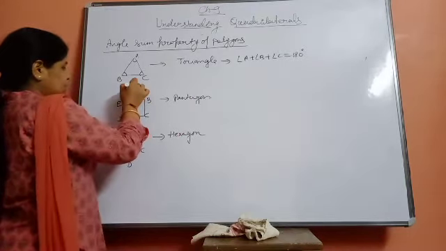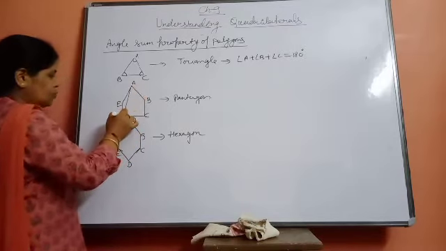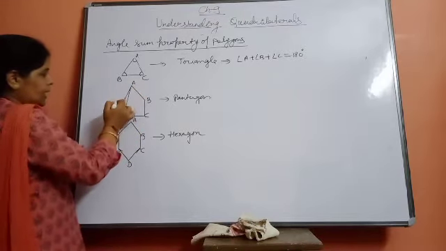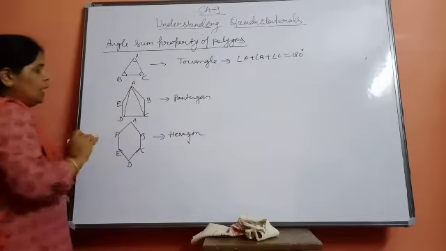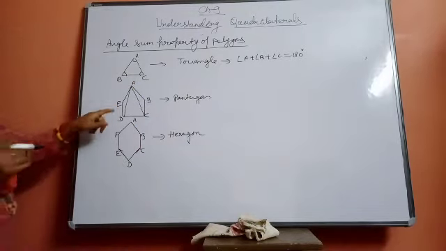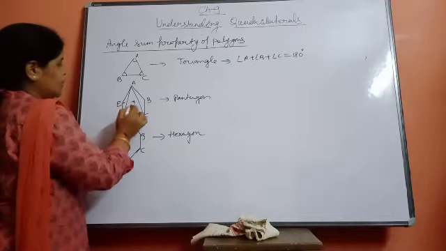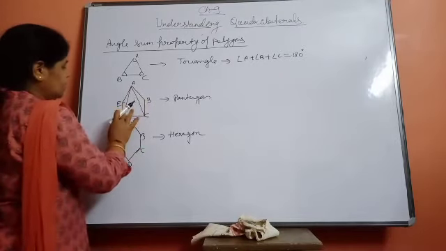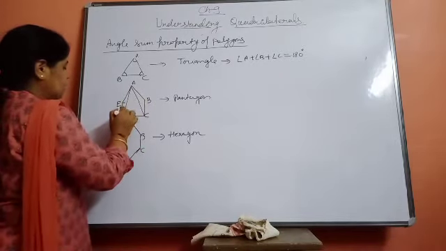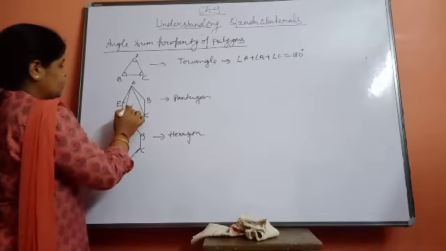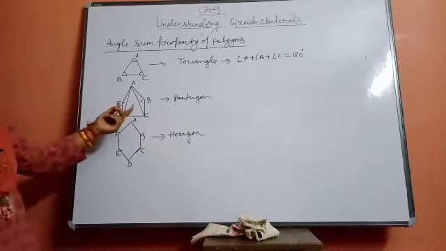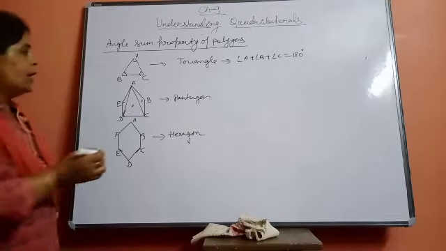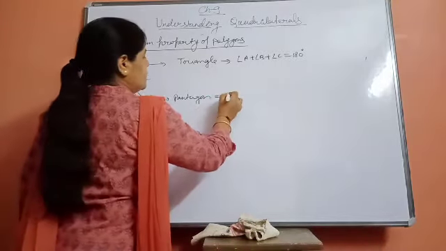I am joining vertex A to D. In this way, I get one triangle, AED. I am going to join another with AC. In this way, you can see that I will get three triangles. One triangle is this one, another is ADC, and the third one is this one. How many triangles did I get in this pentagon? Three triangles.